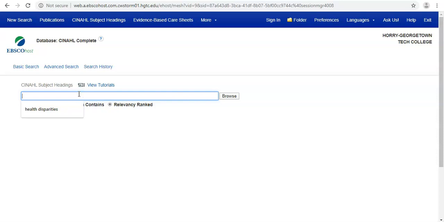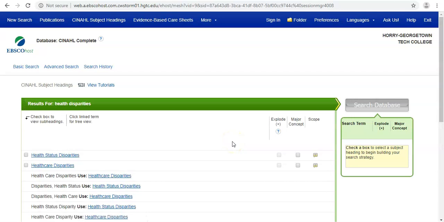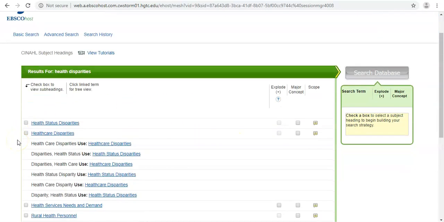We're going to come in the search box right here and do a search for health disparities. You'll notice that it's a browse button that you're going to click on. What the CINAHL database is telling you is that when you do a search in controlled vocabulary for health disparities, they bring up a list of results that are ones that they recommend you search for. And as you can see, healthcare disparities is the subject heading or the controlled vocabulary that they recommend you use to search that particular topic in this